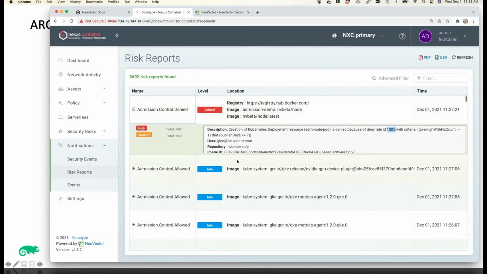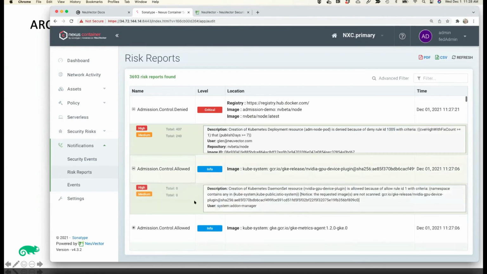Now, for any admission control allowed, if there's any containers that have been allowed, as soon as those pods start to run, NeuVector is going to start to protect it. It's going to do a vulnerability scan of that running container, and a compliance scan as well. So other rules can be set up if anything gets by your admission control rules.